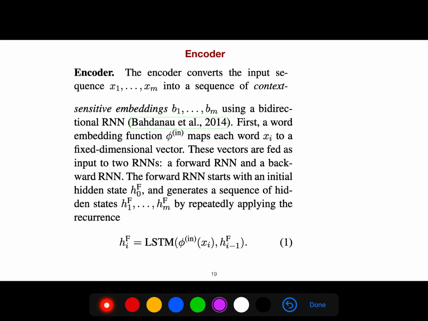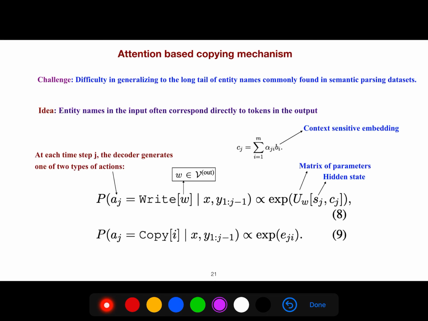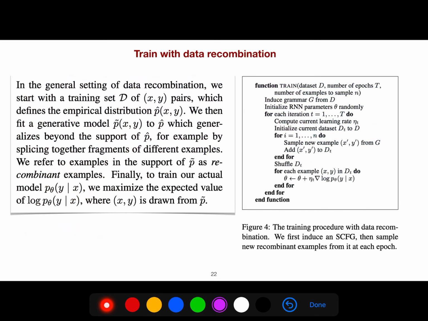For the encoder, you could use an LSTM, so it's pretty obvious. And for the decoder, you can use any attention-based model, but you can also add the copying mechanism. So it's a combination. Sometimes you just use the attention mechanism as normal, but sometimes you use copying, because some of the words in the utterance can be copied from the utterance to the decoder, therefore reducing the complexity.